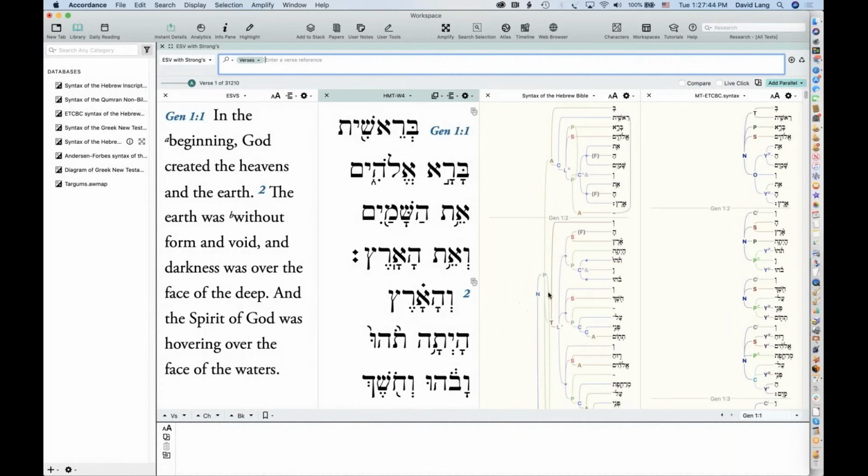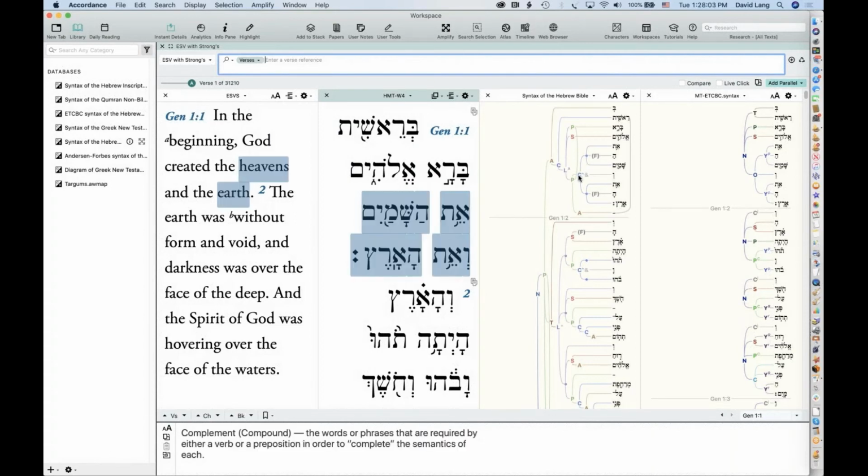So when you display them in parallel, you get a syntactical tree that is showing the clause and phrase relationships within the text. So here you have F means definite article, and then the C is a complement. So this is a complement phrase.